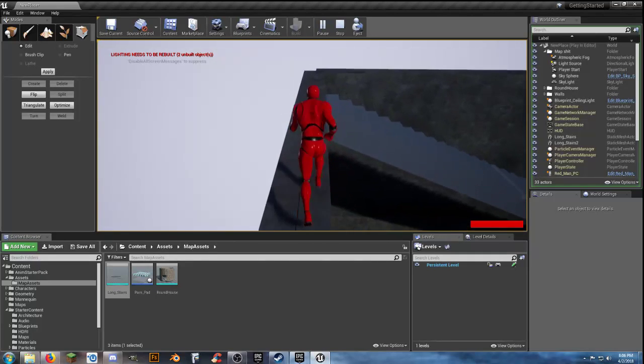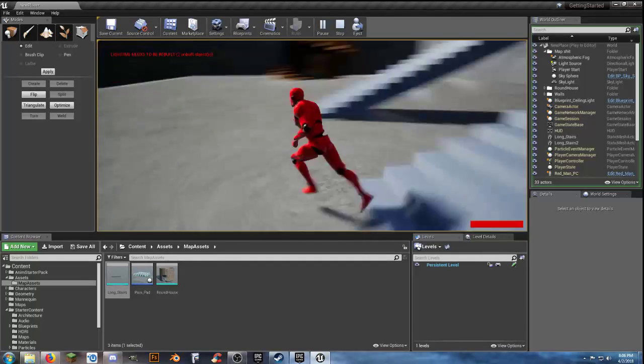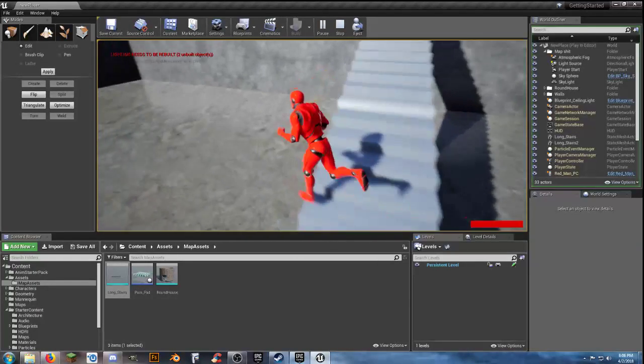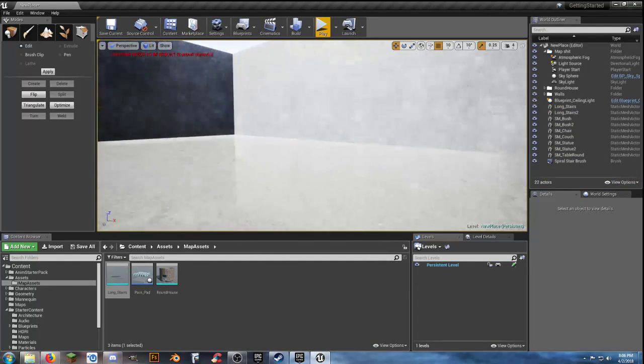I'm going to do one more little decorative piece that I like to do. You've got to have some railings because you don't want to fall off your stairs. If you fell off, that would be bad, right? So quickly, let's make a decorative